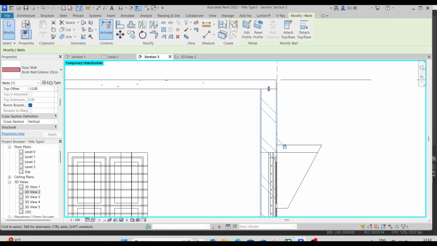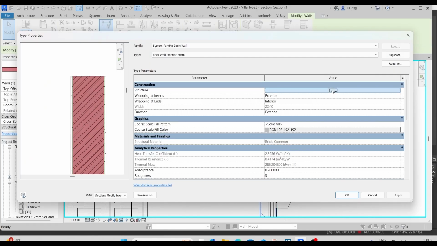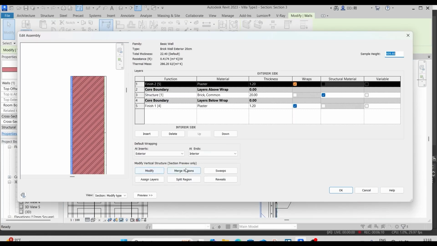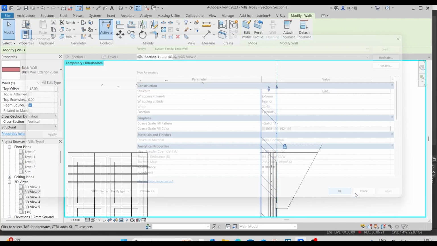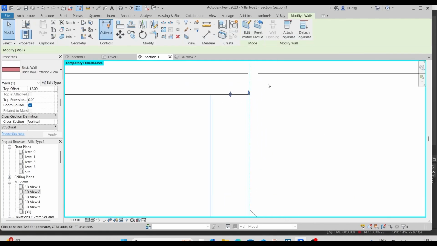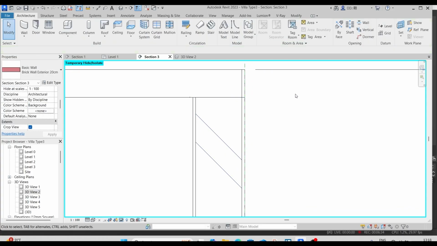And this time I again go to edit type and I have this longitudinal section over here. I tap on this edit and I have this finish 2 as I did before. I go to modify, select this edge and I unlock it. Then I click on this OK, apply, OK. Now I don't get any warning. You see here I have 2 grips over here. Now I can extend this plastering up to the top edge of the slab and the slab edge is now